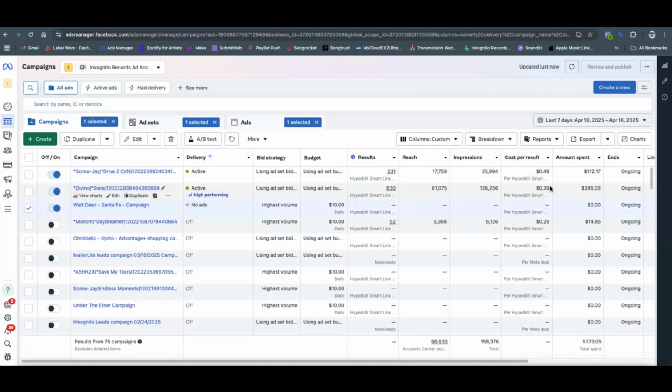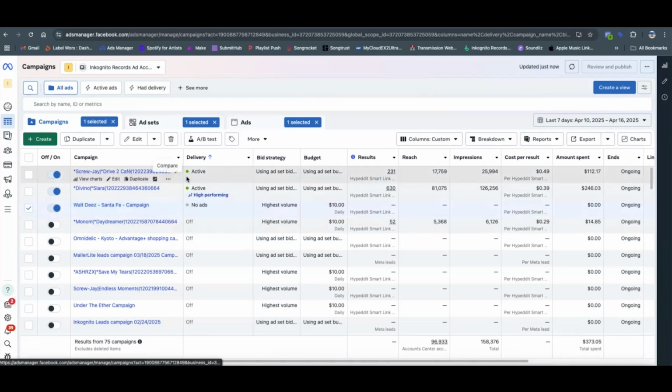So if you can make it under, like this is in USD, so if you can make it under 30 cents, that's basically a good result. So these are like slightly higher spending ads right now. But since I'm running with also, for example, on this previous one, you see it went down to 0.29, which is much better. But basically, what happens is that you start running the ads,